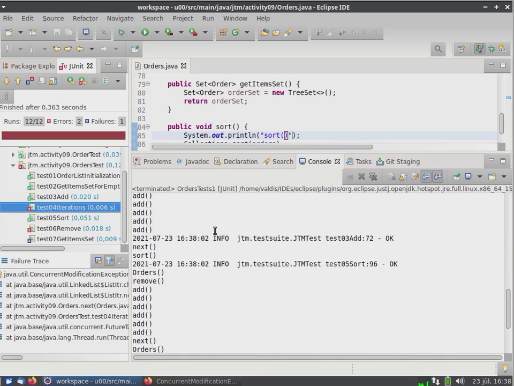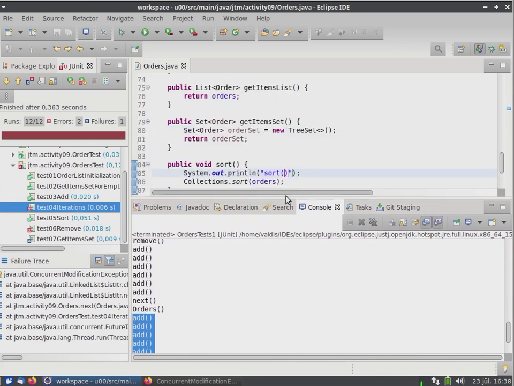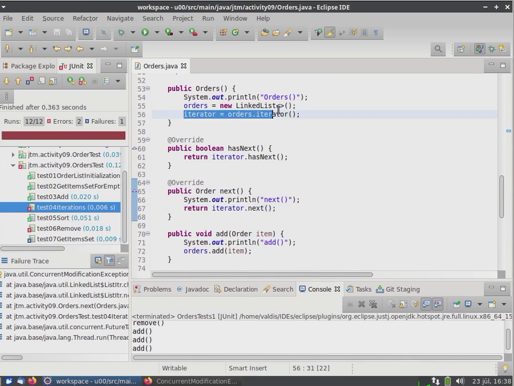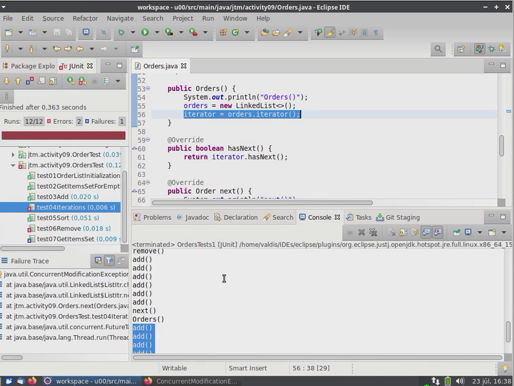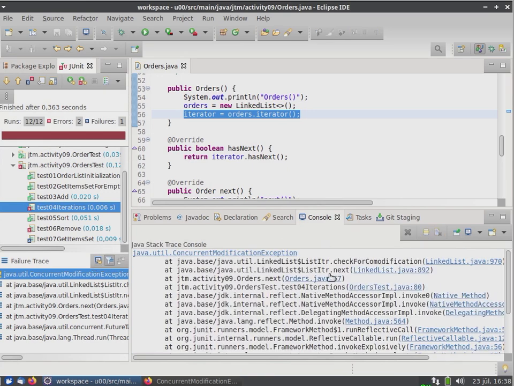So what do we see here? That we call orders several times and what does it mean? We have initialized this iterator only in the constructor here, and then after that time it happens here in the next method. After many adds,